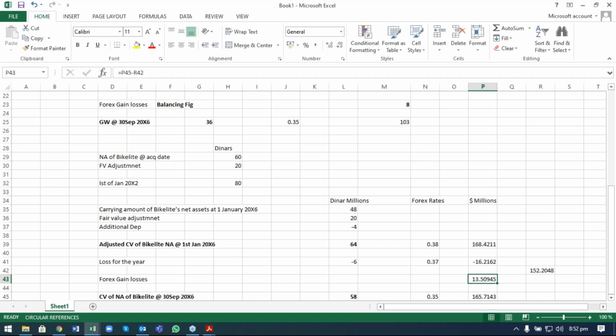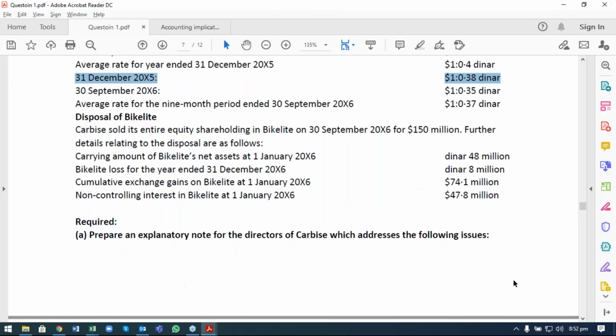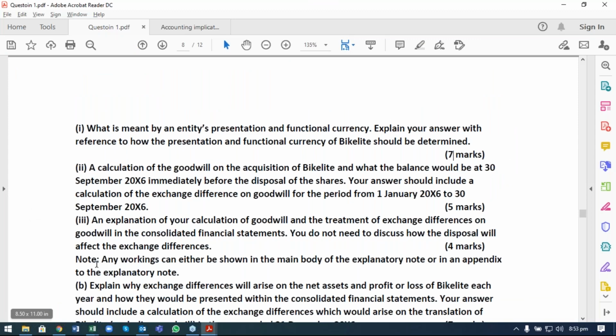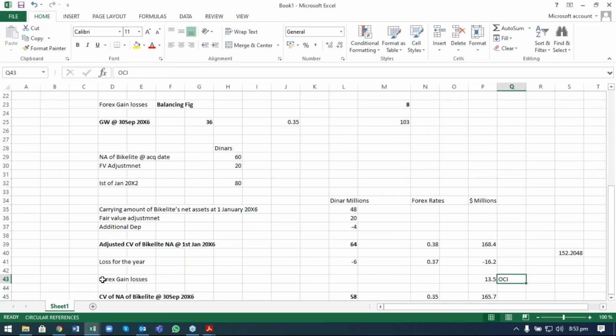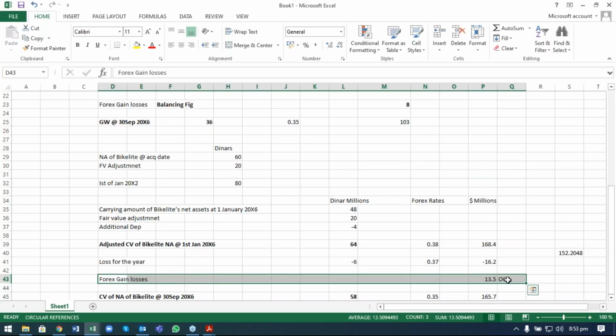So $13.50 million is a foreign exchange gain, because the value of your asset has increased. So it's a gain. That gain should be reported in other comprehensive income. Now, if you want to explain this, which was required by your examiner, explain the foreign exchange differences arising on these, and your answer should include calculation of foreign exchange differences which should arise on translation of Bakelite for the year ended 31st December. So you must mention that these foreign exchange gain losses should be reported in other comprehensive income,